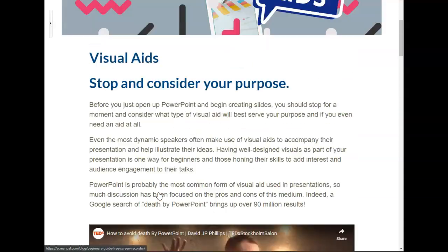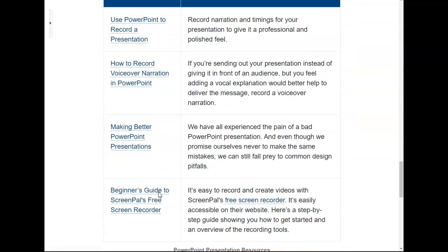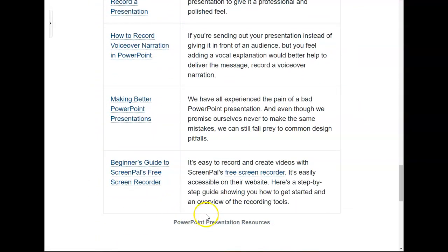I actually use, and it's not on here, I thought it was, something called Screencast-O-Matic. You can Google that up. I bought the yearly subscription, which means no watermark, and I can do videos over 15 minutes. You don't need that, though. You just need a 5 to 8 minute video, which will be perfect. You can also use PowerPoint's new recording technology, so you may not even need Screencast-O-Matic if it makes you feel better. So look through all these tutorials to help you, and please reach out if you need help.